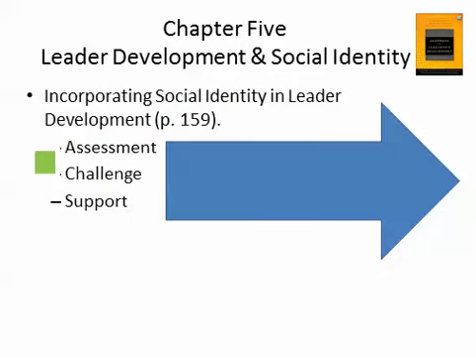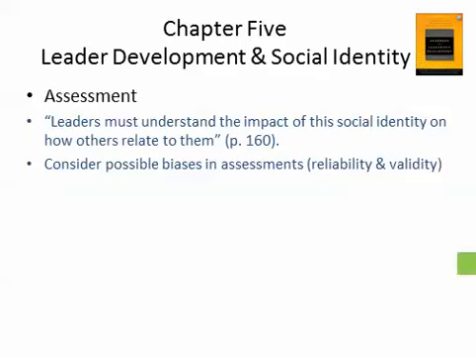Incorporating social identity in the leadership development, of course, we're going to go back to ACS, the assessment, challenge, and support, and look through that lens. Leaders must understand the impact of this social identity on how others relate to them. Now, this is important. The impact of this social identity on how others relate to them. And there's two prongs to that. The first side is that